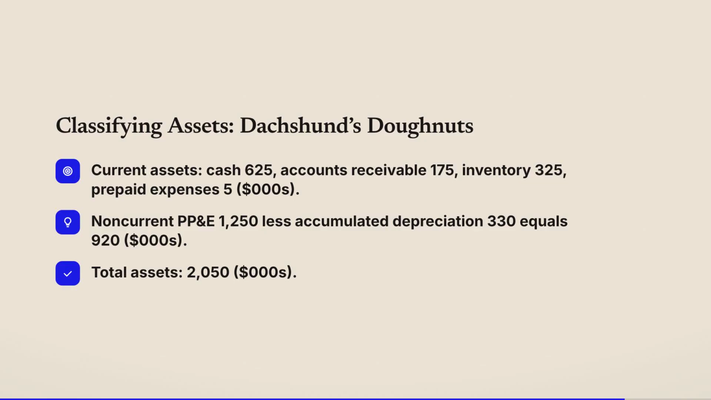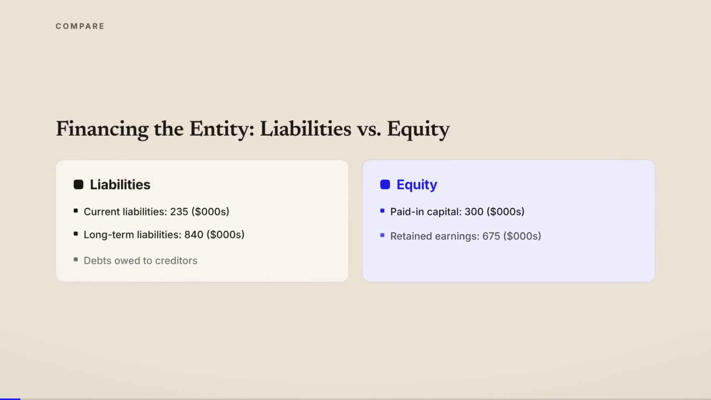Add current and non-current assets, and total assets equal $2,050,000. Classification helps us judge liquidity as well as the resources supporting the business. The other half of the balance sheet explains how Dathsoon's assets were financed. A liability is a debt owed to an outside creditor in exchange for money, goods, or services. Current liabilities are due within 1 year. Dathsoon's accounts payable, bank loan payable due soon, and estimated tax liability total